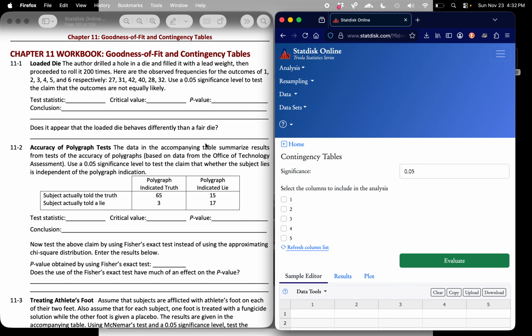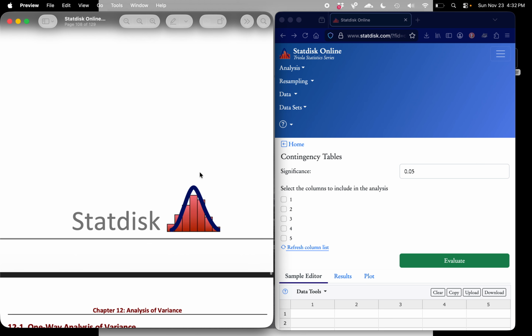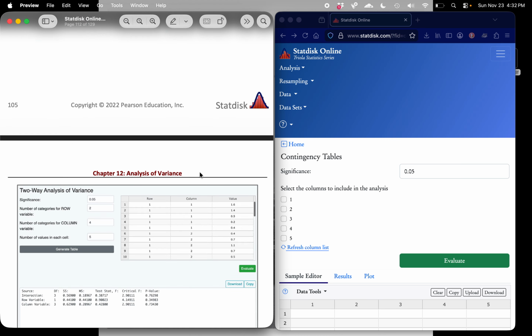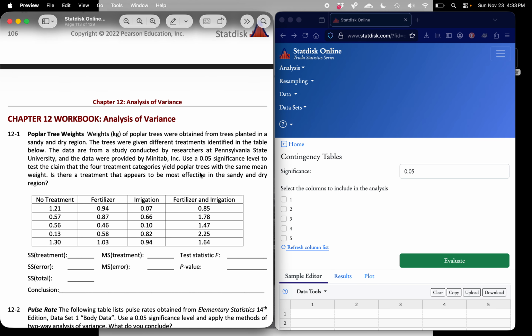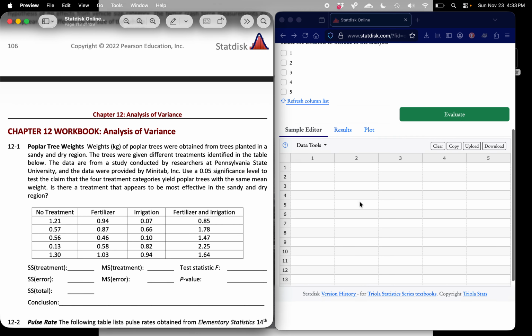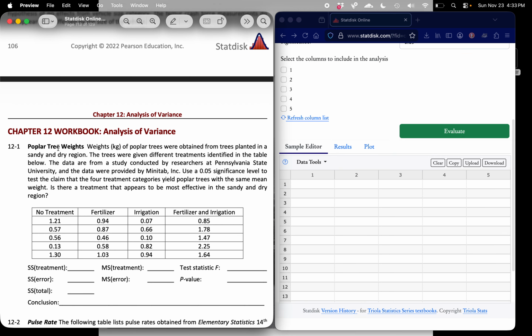The last question you want to do is from 12.1 in the lab manual, and that's on poplar tree weights.